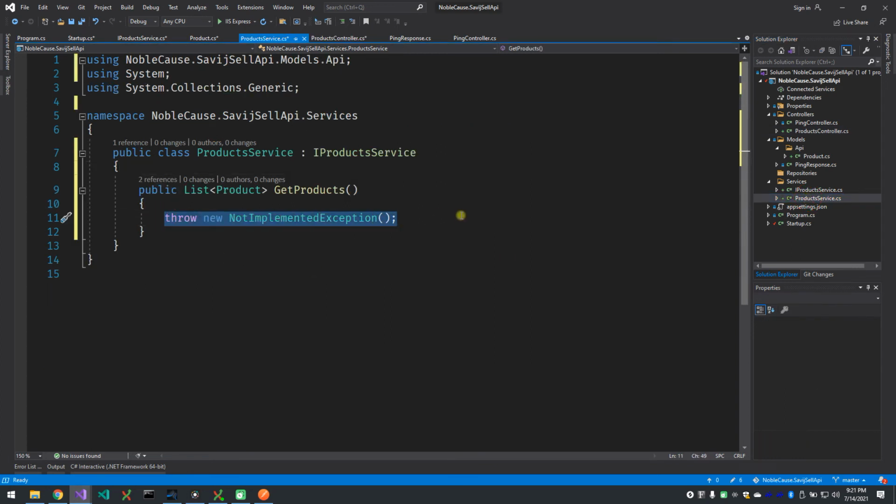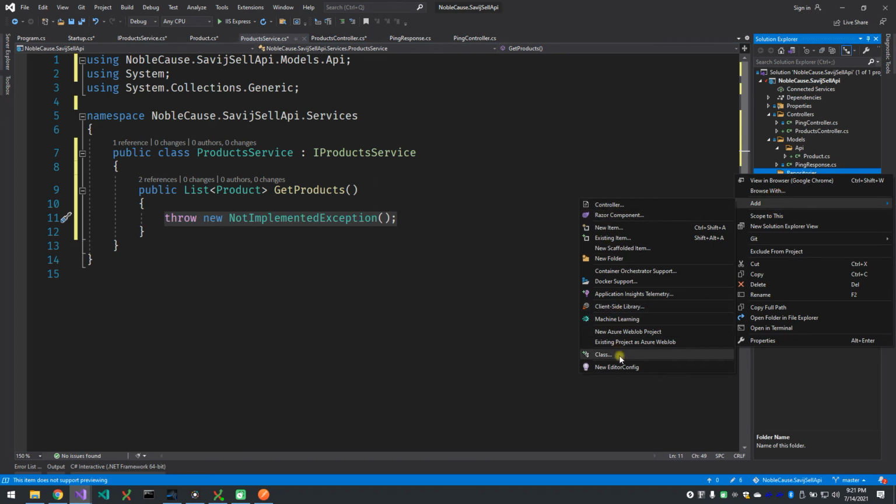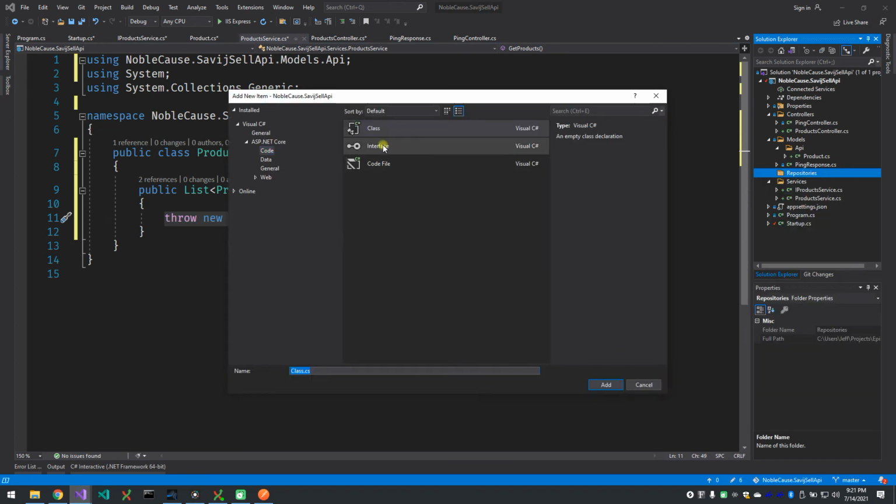So let's change that. What we're going to do is we're going to have our product service call our products repository. Remember, the product service is only responsible for dealing with massaging any data before it goes back to the controller, and it calls out to another class whose responsibility is to get the data. So I'm going to right-click the repository. I'm going to add a new class. I'm going to choose interface because I know that I'm going to inject this as well so that I can test my service later. And I'm going to name this one